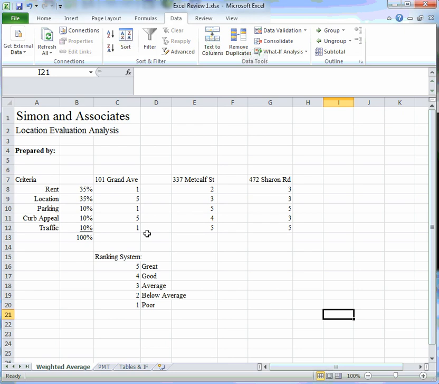Which one would you really rent? Grand Avenue, you're not really very sure, except for the location and the curb appeal. They really, or the apartment is really best. So to determine that, you have to calculate the weighted average. So I want to calculate the weighted average. So I'm going to write here weighted average